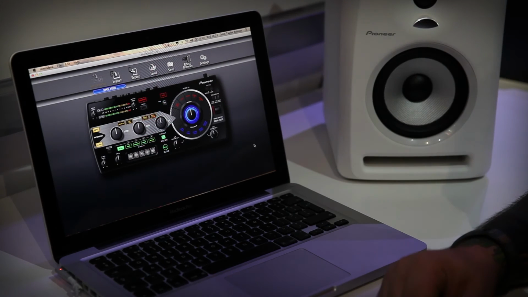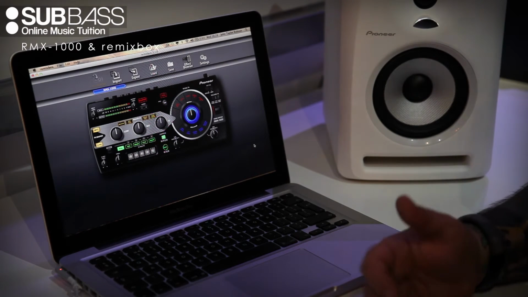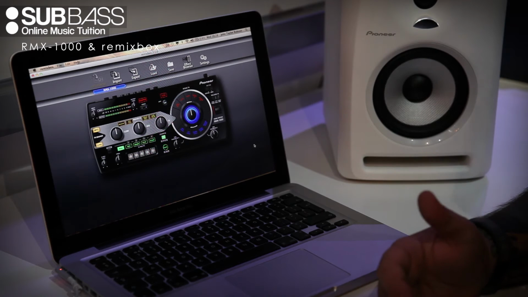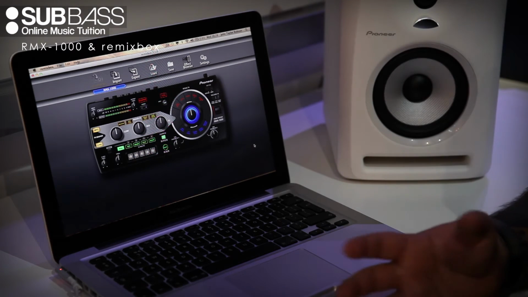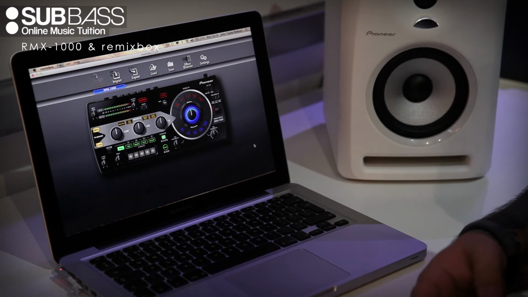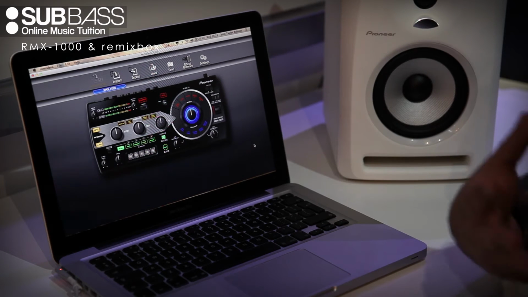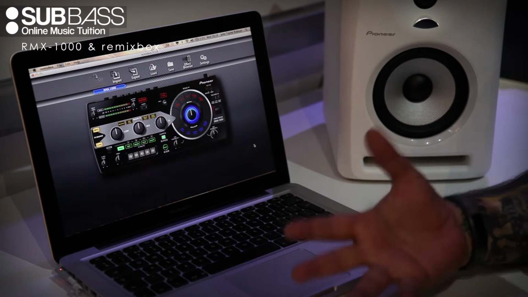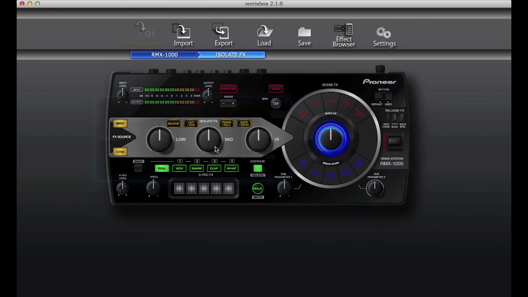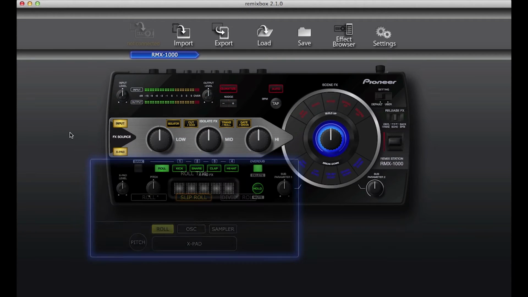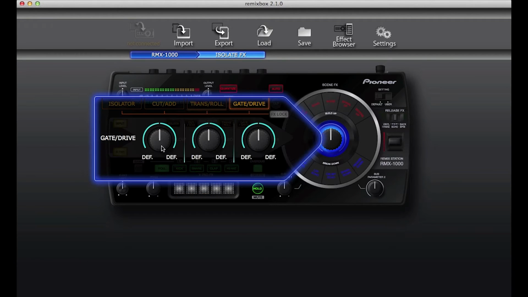Okay, so we just covered the RMX 1000 as a hardware unit, but it also comes with a CD called the Remix box. Now, in the Remix box, obviously, I spoke about the user settings. This is where you do it. You just basically install it into your computer, open it up, and as you put your mouse around over different parts of the effects unit, the virtual effects unit, you've actually got different parameters that you can play around with,